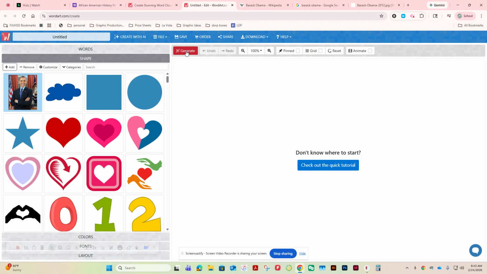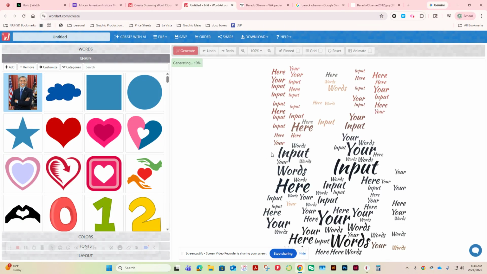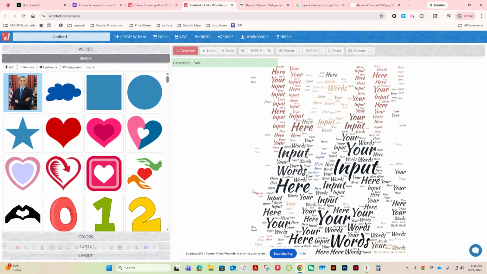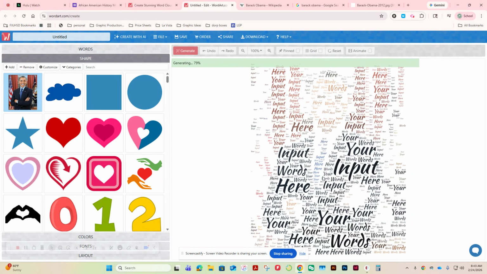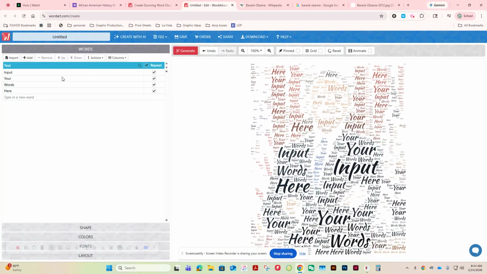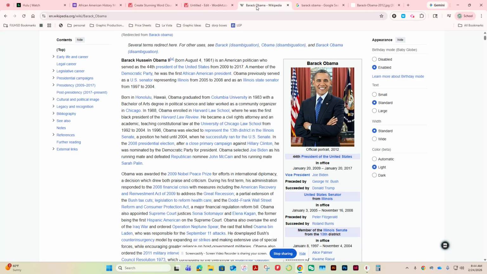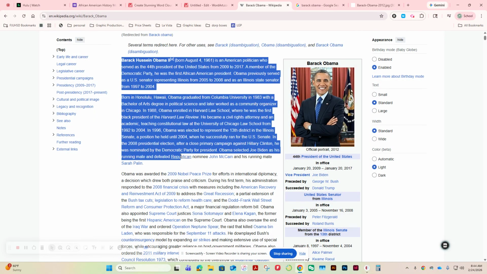If I click on generate, it's going to show a picture of Barack Obama with your words here, your input here. So you can see the outline of him there with the word art. I wanted to create it with the words I choose. So I'm going to come over to Wikipedia and take this bio